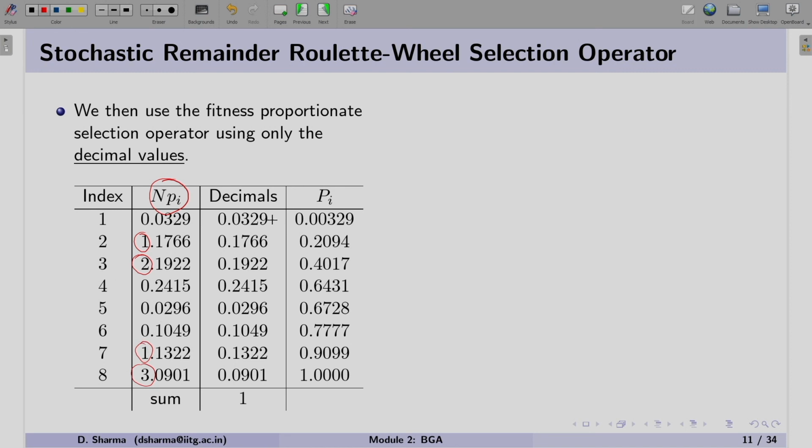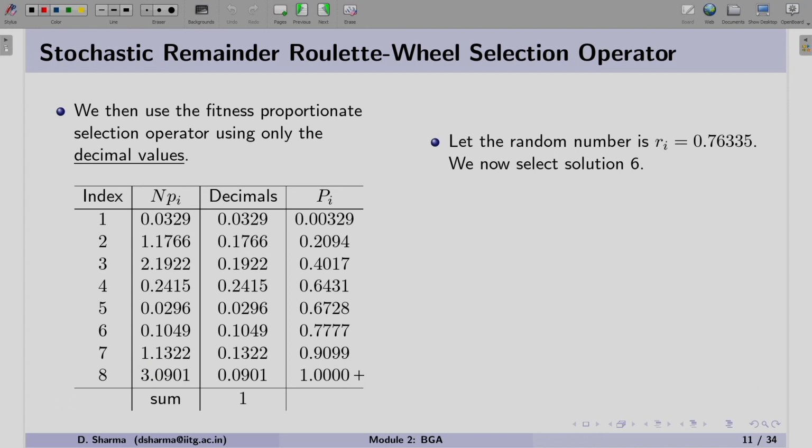We will be dealing only with the decimal places for all the solutions. You can see that all the decimal values are given in this table. Afterwards we will find the cumulative probability as we have found before. You can see the summation is 1.